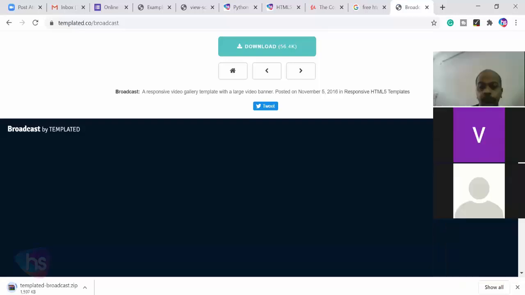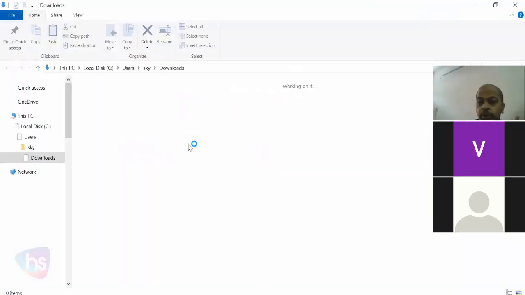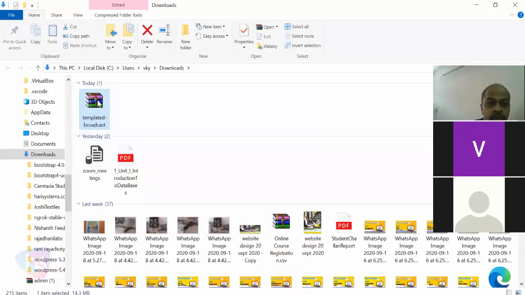Once it is downloaded, what you need to do is extract the file on your local system and make the customization. It's very simple and super easy. Once you have opened this template in your code editor, before going to template level, you have to understand what the tags are, how you are going to handle them, and how many important and basic tags there are. You can go through our tutorial and find out. Then it will be very easy. Extract this one.